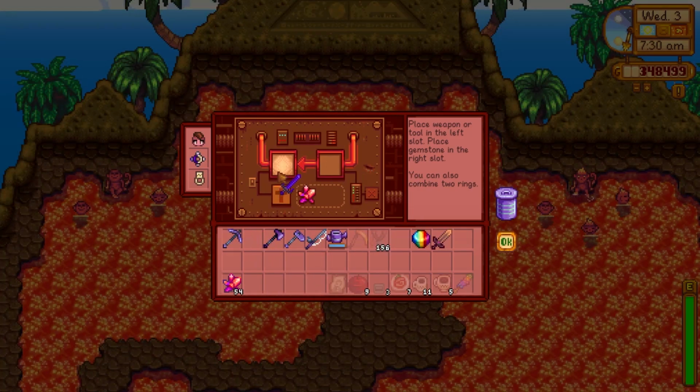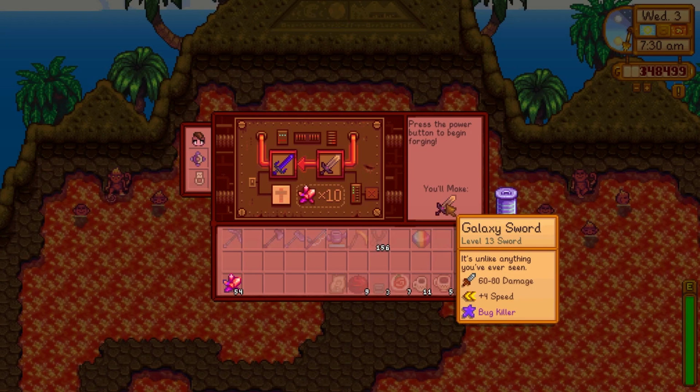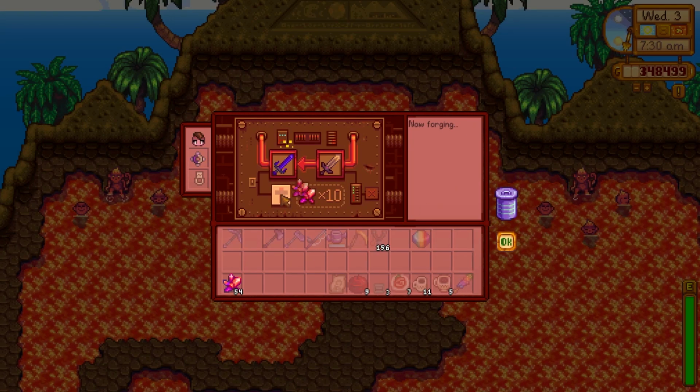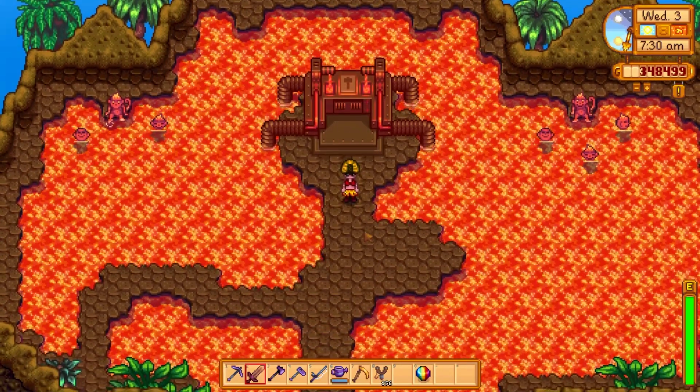Also, once a ring has been combined, you cannot combine it further to result in a single ring with 3 effects. Another forge feature that I thought was unique was the ability to combine the stats of one weapon with the appearance of another. Put the weapon with the good stats in first, then the pretty weapon second, and simply combine for 10 cinder shards. The weapons need to be the same type, so for example you can't merge a dagger with a hammer, and the second weapon is